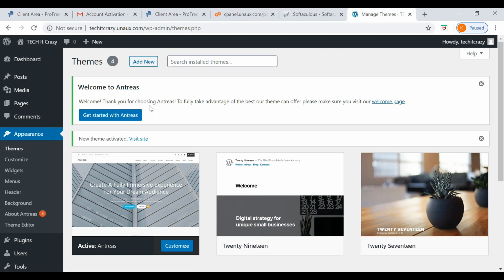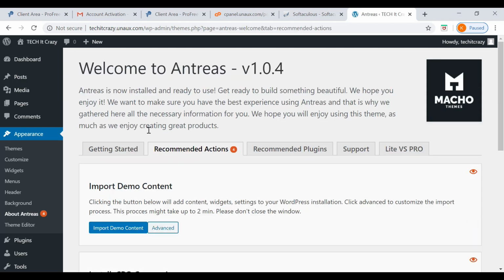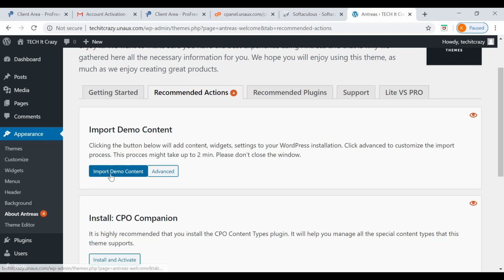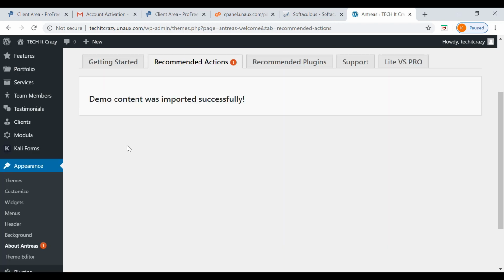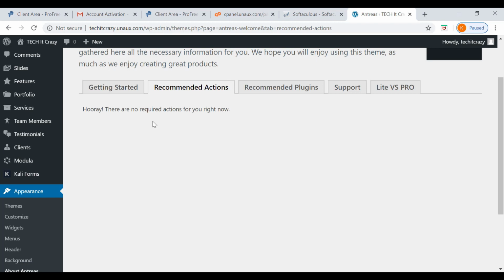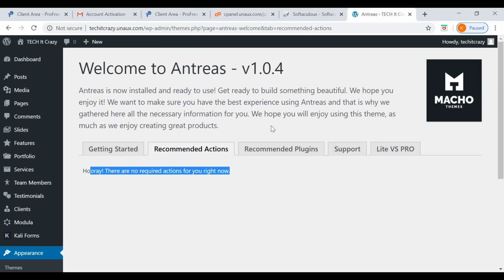Now this is installed and it is activated as well, and I am importing the demo content because the look and feel you can easily get by importing this demo content. There are also recommendations, it says 3 plugins are required for this one. Yeah, all those are done, and now we can see the website.